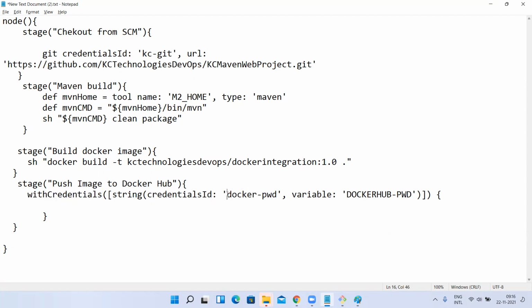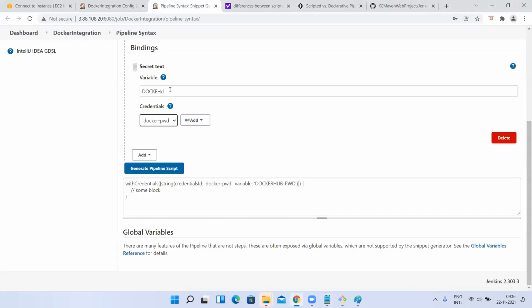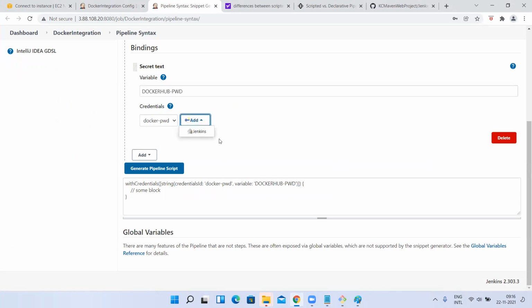This is the credentials ID, and the variable I have used is DockerHub-PWD. This is the variable name I have given, and the credentials ID is the ID I gave while adding the secret text.